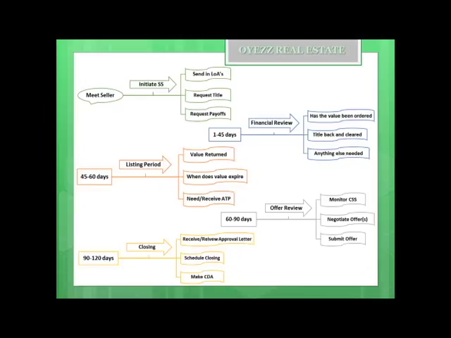Then once you get into day 1 through 45, it's called the financial review, where the bank is going over the documents that you sent in, confirming all that good stuff. You're going to want to make sure that you have your title back within these 45 days and that you're clearing it. The next 45 to 60 days is what I call the listing period, where the value is returned. You're going to figure out when that value expires and what net the bank is going to have to